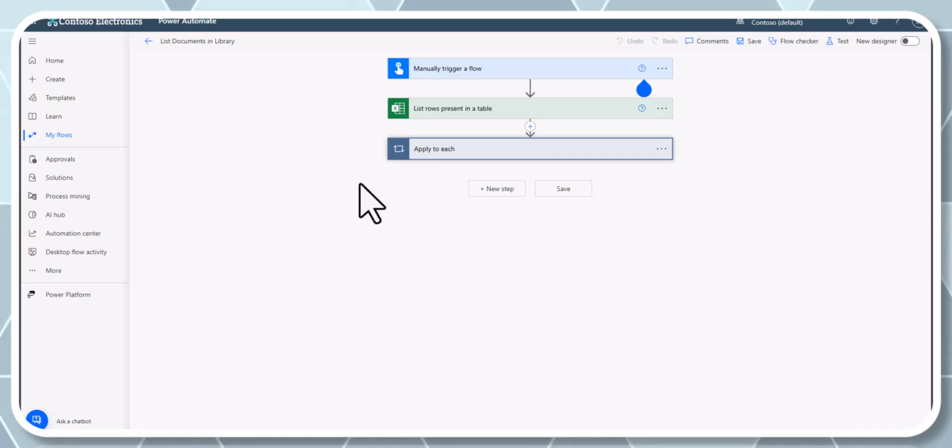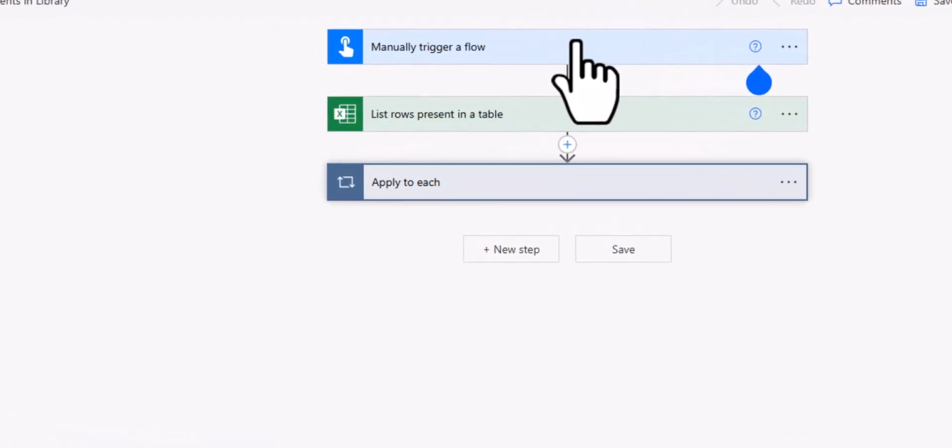So let's go through the flow that I'm going to use to build this list. It's just a manual trigger, an instant trigger is what I'm using in this case. Now, in this case, I'll put a link to a previous video where I showed how to get all the SharePoint sites that you have access to. Now, you don't have to do it this way. You can just choose an individual site of which you want to get the documents from. But I thought this would be a nice cohesion if you wanted to get all the sites you've got access